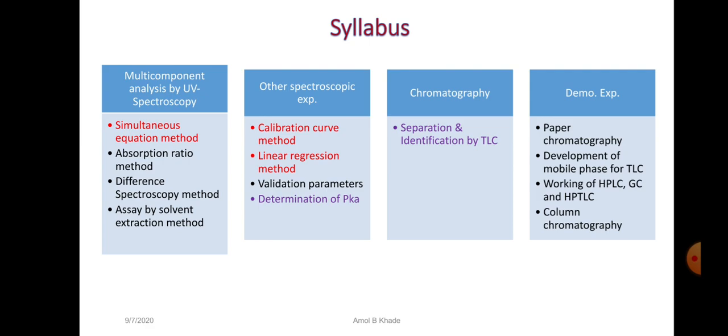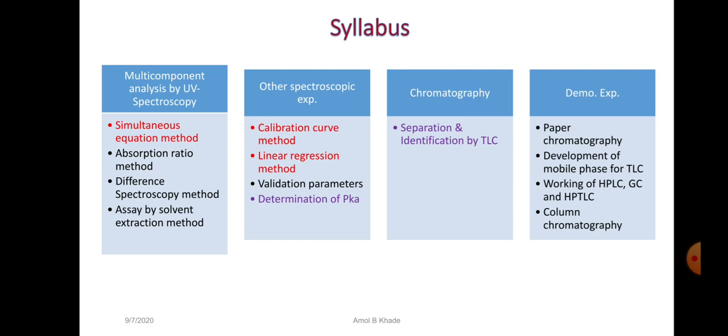And the fourth one is assay by the solvent extraction method. We have seen this is one of the methods in which we use liquid extraction with a separating funnel. We isolate the components which are together. For example, we will be taking the cotrimoxazole tablet, that is assay of trimethoprim in cotrimoxazole tablet. We have two components, trimethoprim and sulfamethoxazole. We will be isolating trimethoprim from sulfamethoxazole, and we are going to do the assay of that using liquid extraction.